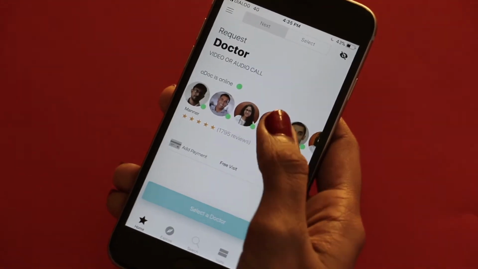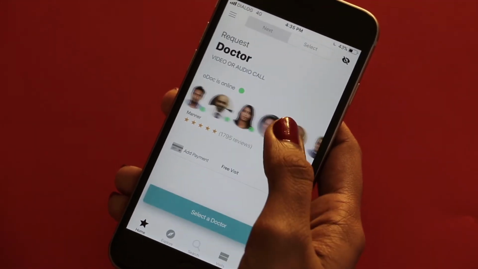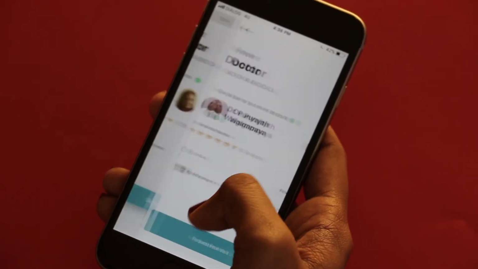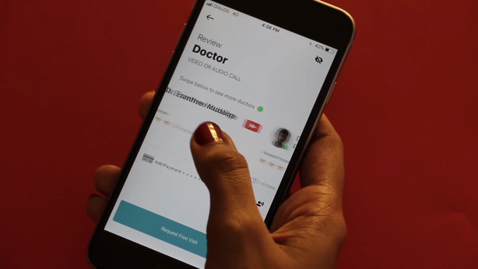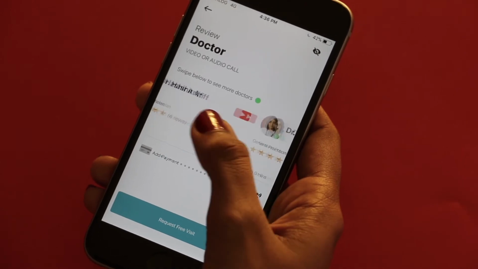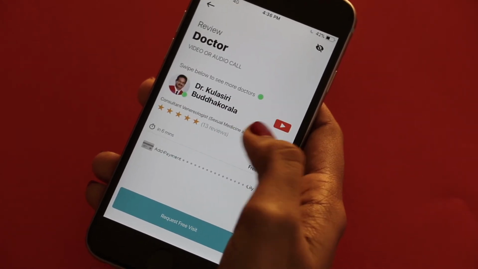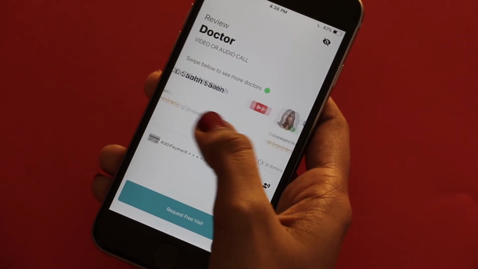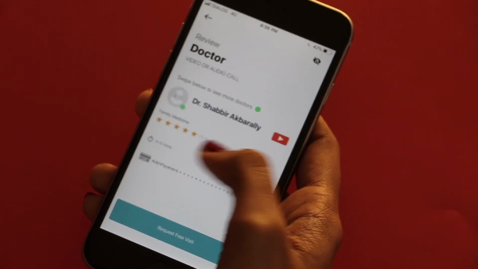You can see previews of some of the doctors on the platform by swiping through their icons. When you're ready to make an appointment, click the Select a Doctor button. You will then be given another opportunity to swipe through all the doctors on our platform. When you find a doctor that you think you like, click on the Request button at the bottom of the